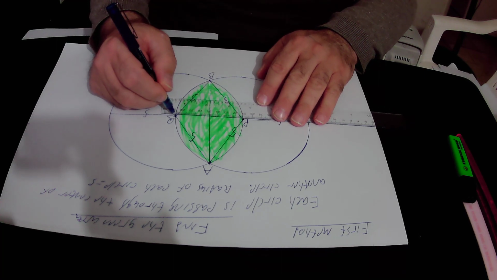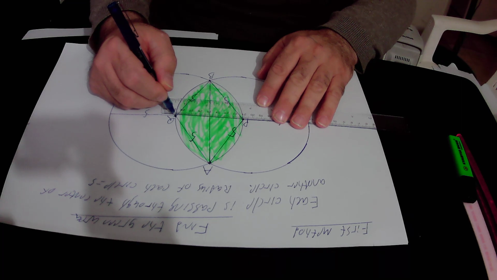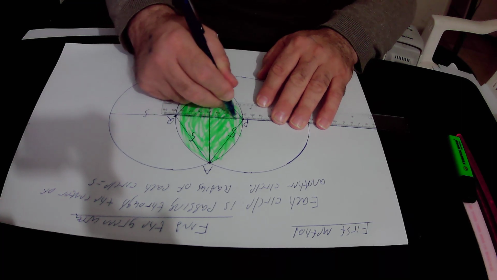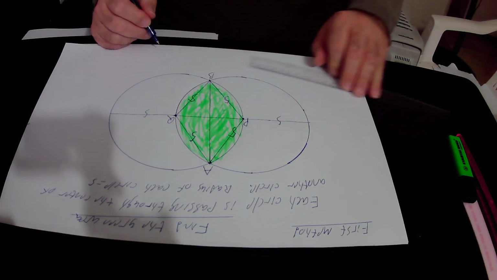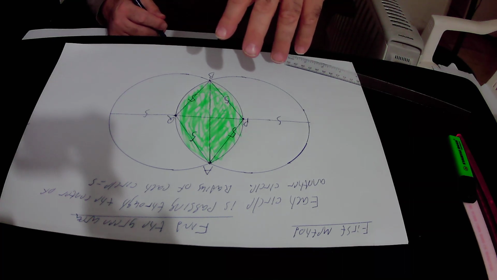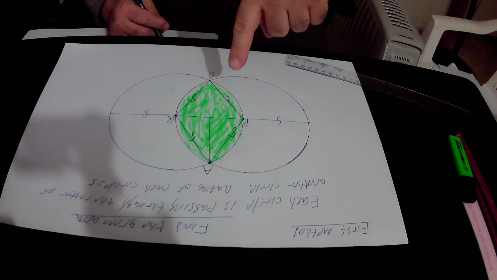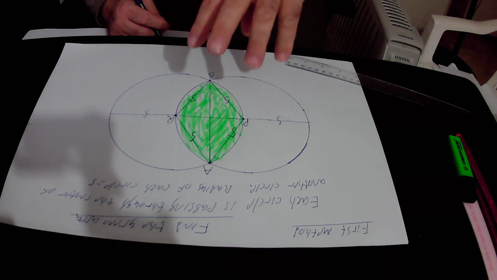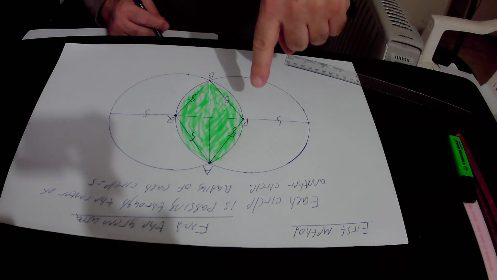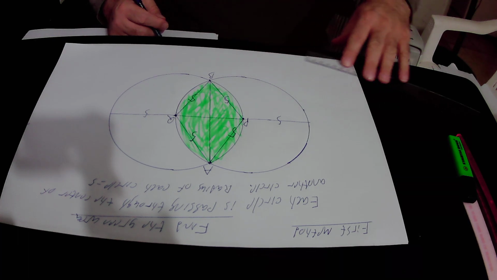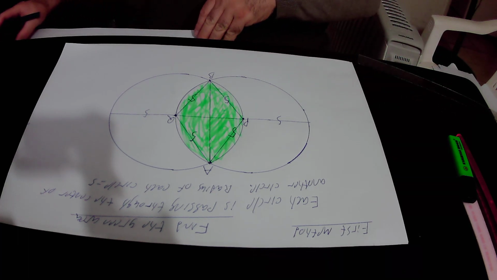This is the second diagonal of rhombus APBQ. So we have two diagonals, AB and PQ are two diagonals of rhombus APBQ, and we know that